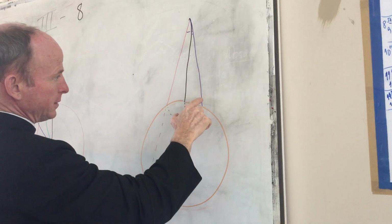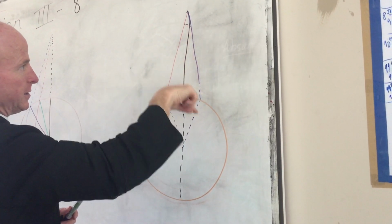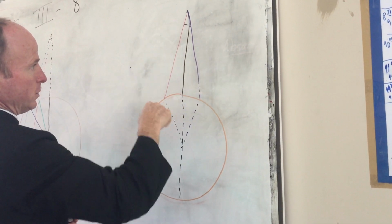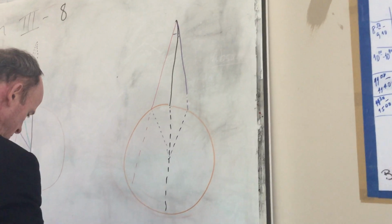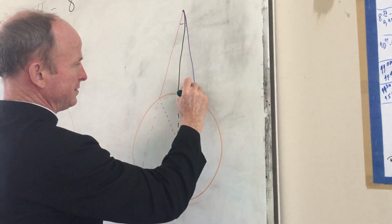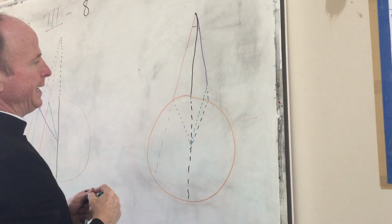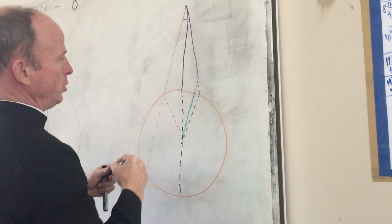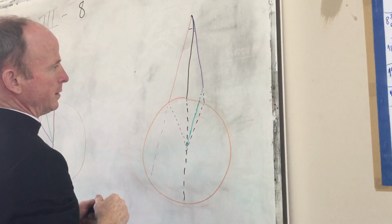For if not, let's do a reduction. One of them will be greater. Let this be greater than this. So let's cut from this a line equal to this. Great. And let's connect them with maybe D. Okay. So here we have two triangles with what